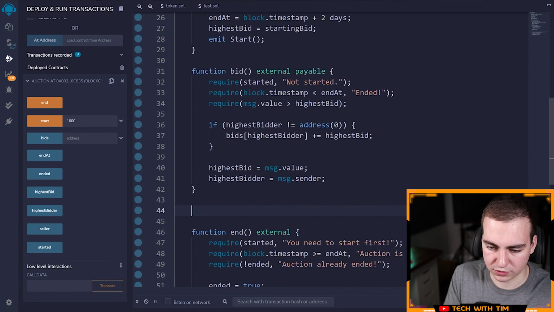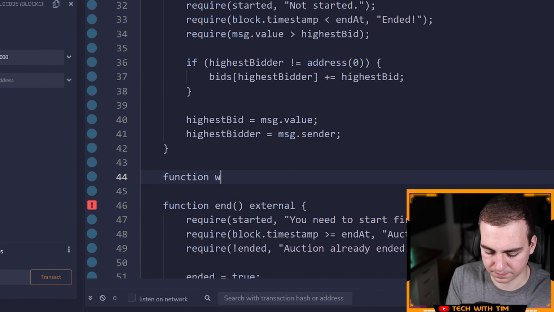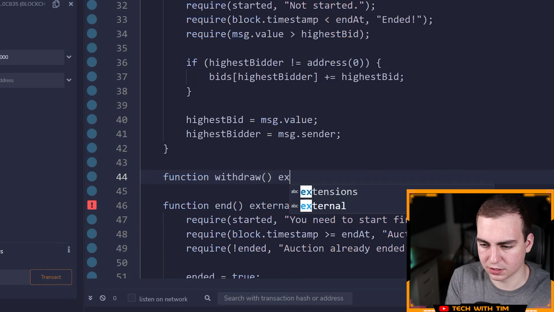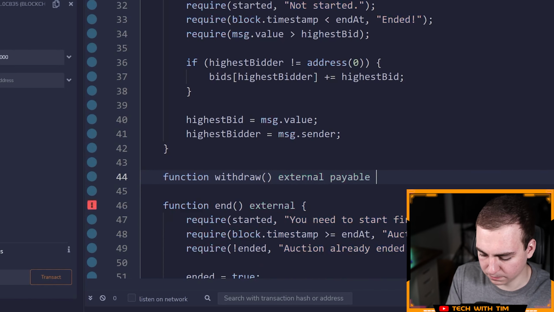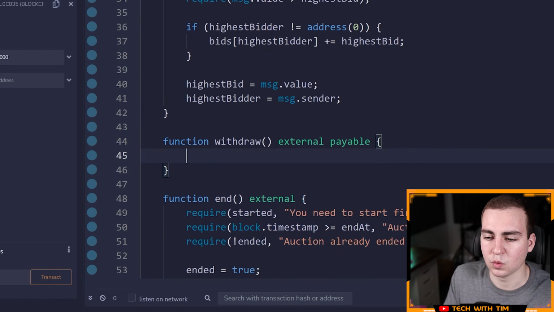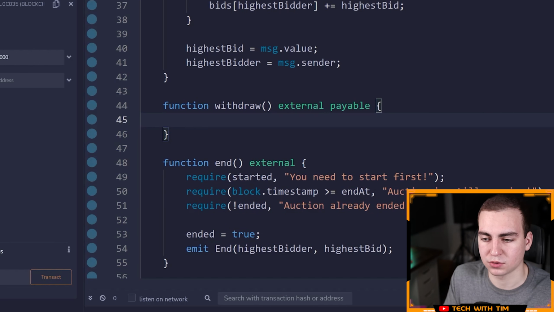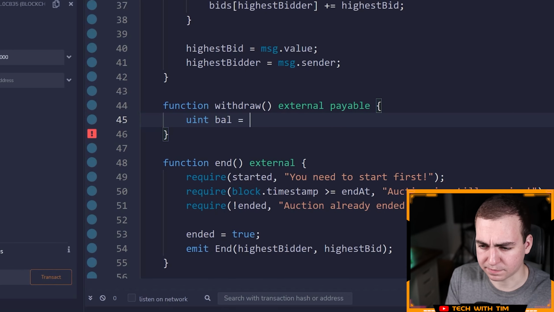Now we want to write the withdraw function. So I'm going to say function withdraw like that. And then this is going to be an external payable as well. And inside of here, what we need to do is withdraw a certain amount, or I guess we'll just withdraw the entire amount of whatever the person's bid that's not the current bid. So we're just going to start by getting the amount of money they've sent to this contract that's not currently the highest bid. So I'm going to say a uint, and I guess I'll just go with something like balance is going to be equal to, and then this will be bids at